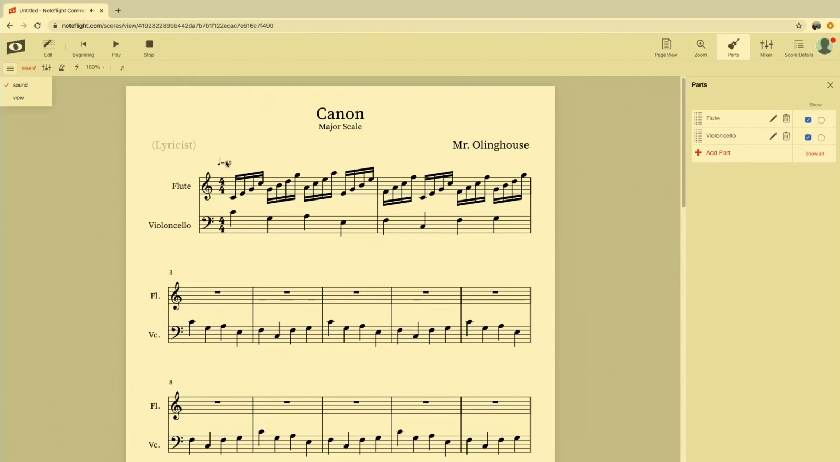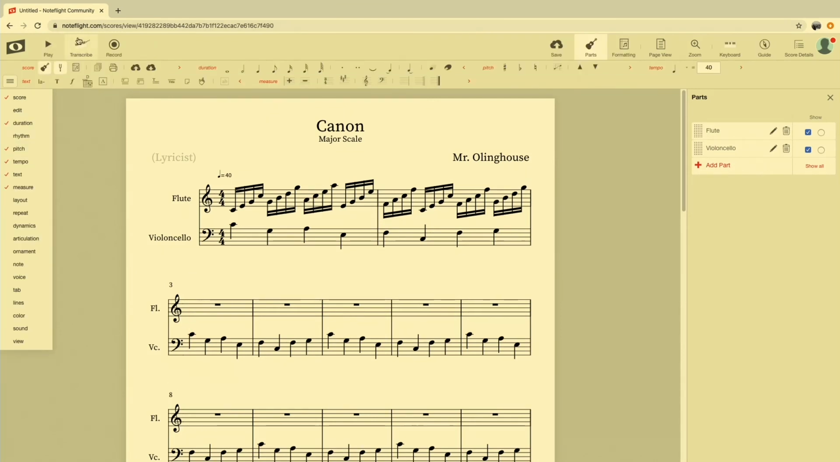There we go. So we have a little bit of a canon. Now let's say we wanted to stack notes on top of each other within a single part. Let's say there's two flutes reading off this one flute line. So I could come in here, go back to editing mode, and let's say I wanted to start by playing